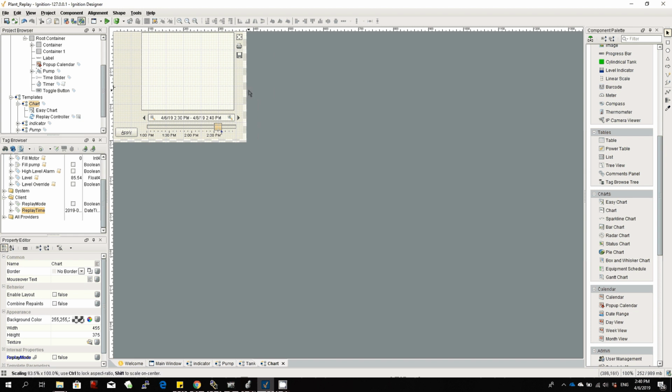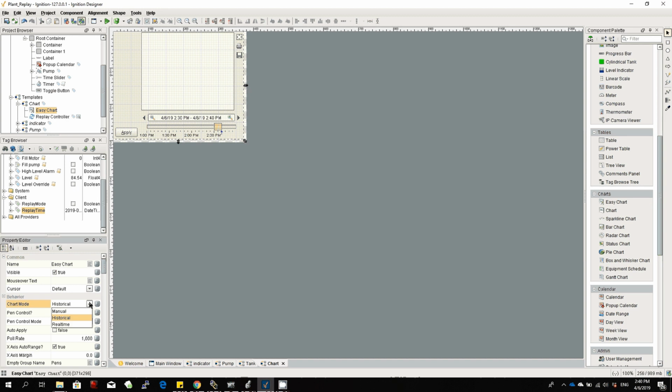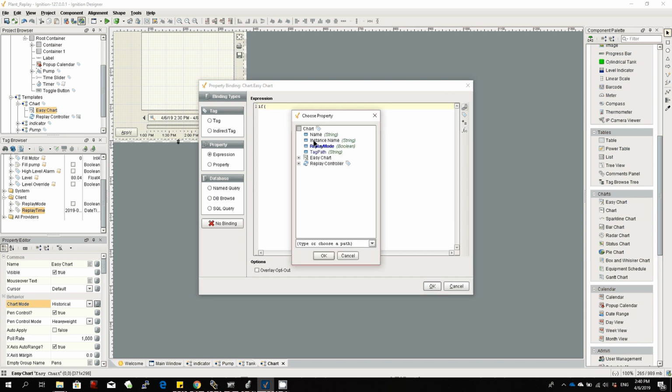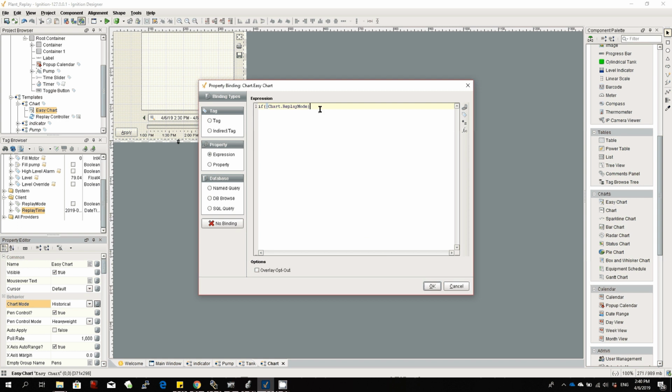Okay, so we've got a couple of different modes in the chart. We've got manual, historical, and real time. So what we'll do is write an expression, and again we will look at our replay mode, and if it's in replay mode we want historical, and if it's not in replay mode we want real time,